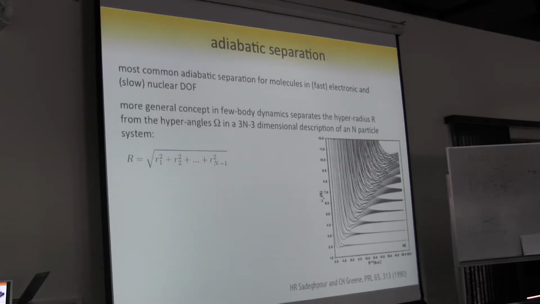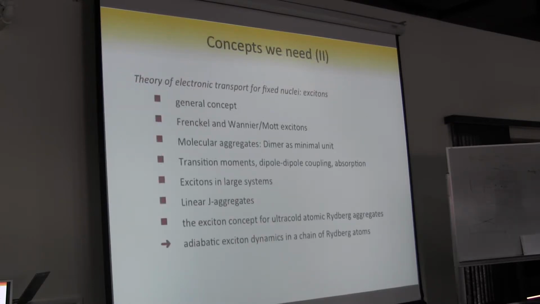This is molecular aggregates. And we will discuss in detail the dimer as a minimal unit of an aggregate. An aggregate is simply a number of n identical species, big molecules, whatever you want, could be Rydberg atoms, doesn't matter, just identical, and they are coupled by the same type of interaction, normally dipole-dipole interaction. Yeah, and then we will discuss how basically one kind of transitions between these units, transition moments, dipole-dipole coupling, also absorption, because that's